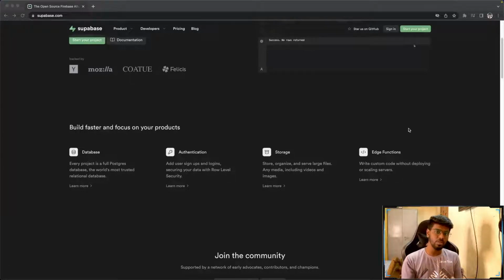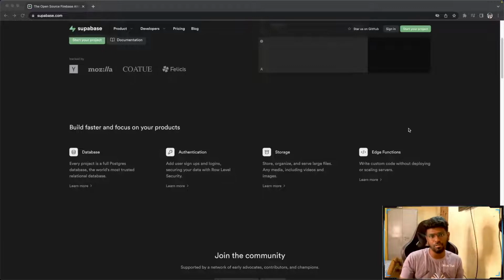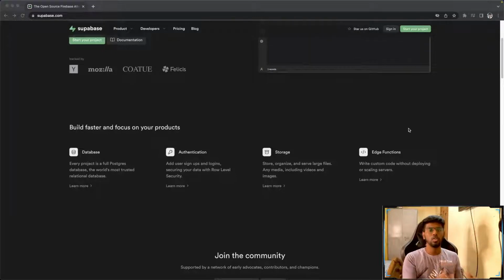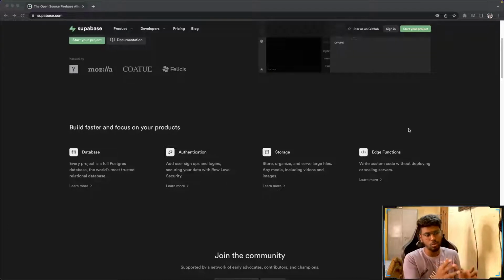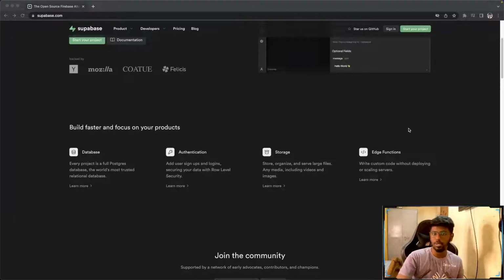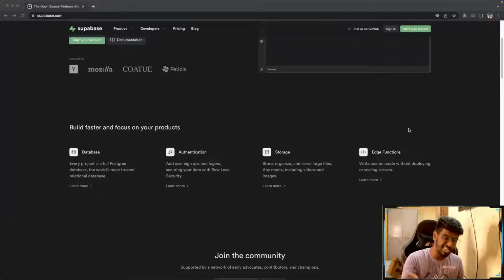In Firebase, you get some additional stuff, because it's a complete Google product, you get additional support like Google Analytics and ML functions. But Supabase is mainly focused on the applications which you build, like full stack applications. That is why they focus mainly on the database, because of course every full stack application needs database support,